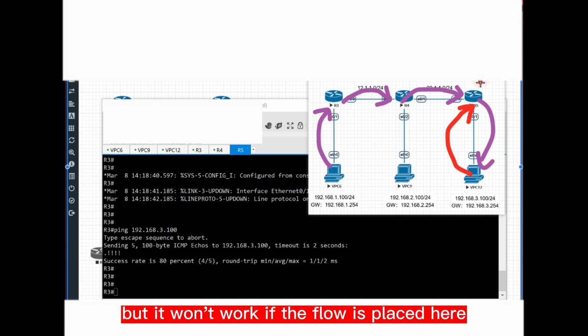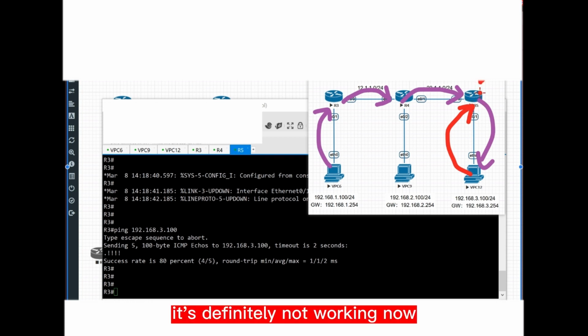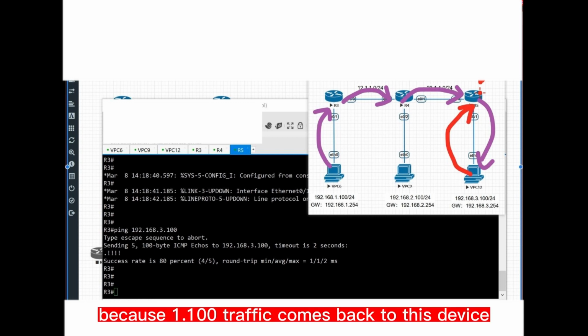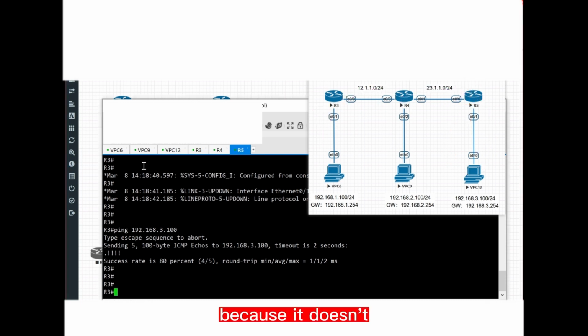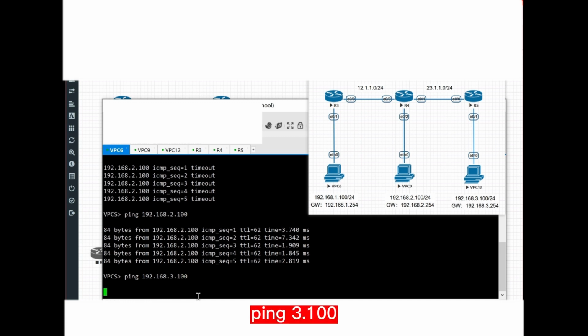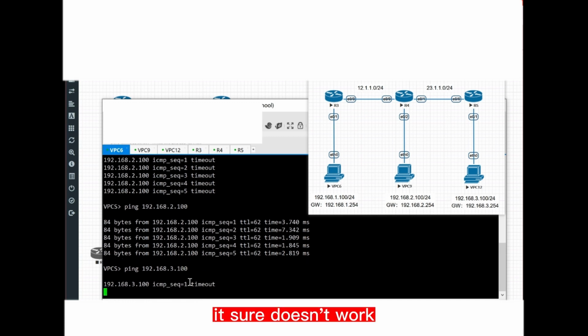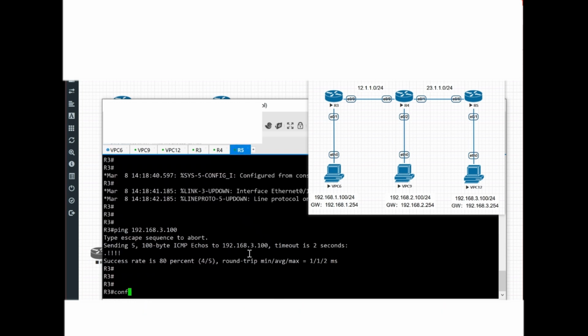But it won't work if the flow is placed here. It's definitely not working now. Because 1.100 traffic comes back to this device, it will be lost, because it doesn't have the route. So let's test. Here on PC1, ping 3.100. It sure doesn't work. We can write a route to make it pass. We write a